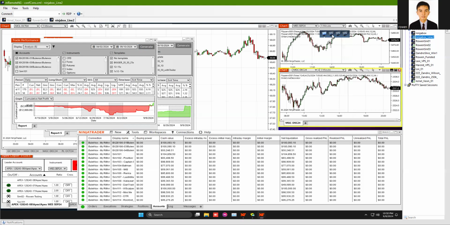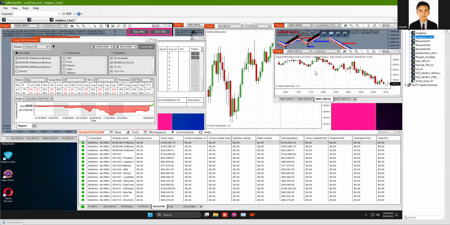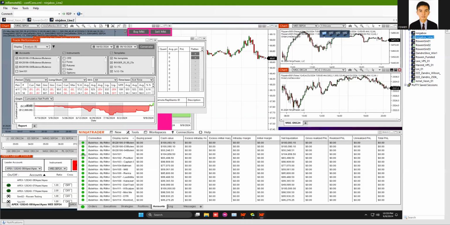So let's go back here. This is the Bullnox setup, and the other one is the Apex. I have to move one of these screens.